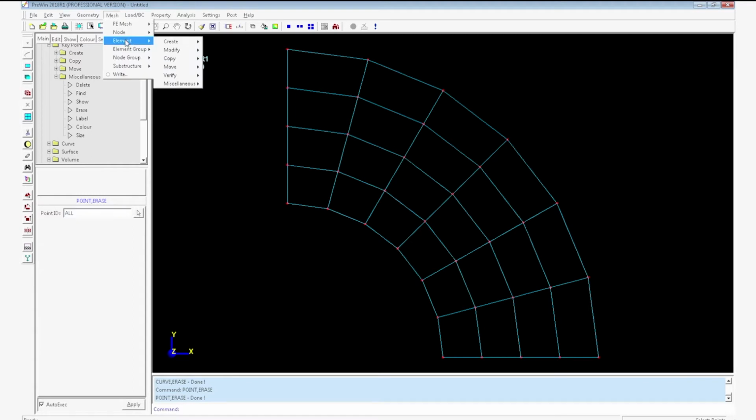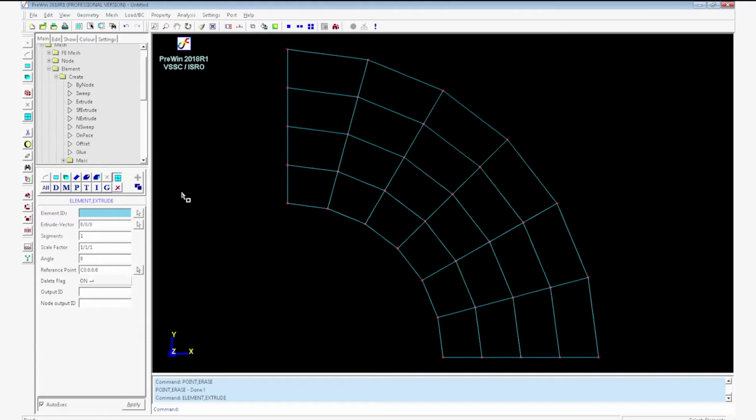Now you have to create the brick elements by Mesh, Element, Create, Extrude. Select all the element IDs.